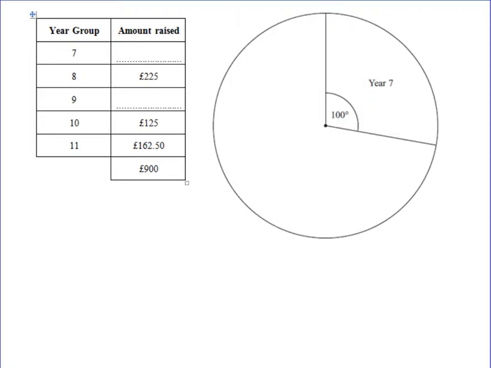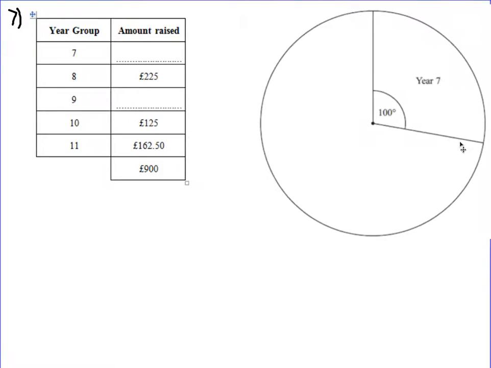Question 7. I found this question quite interesting because a lot of students that I saw do this actually tried to complete and draw out the pie chart when it actually just asks you to complete the table. So what you've got to look for is, if I just move this slightly further across so we can fit everything in,